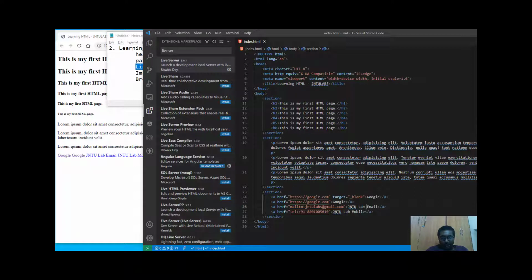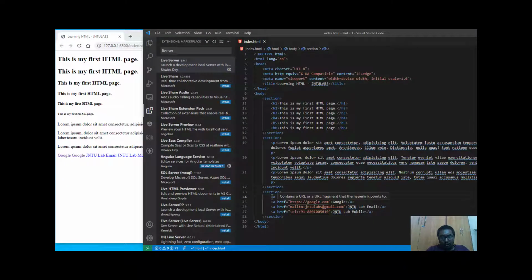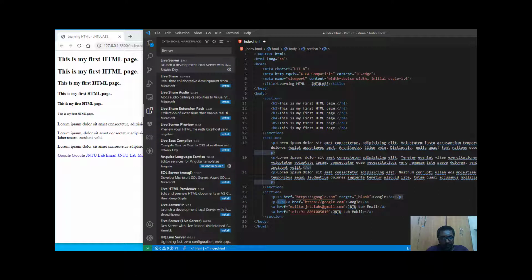And let me see, the a tag doesn't come with a br tag, right? The p tag always starts in a new line, but the a tag doesn't start in a new line. You can see it is under one line. So with our previous knowledge, what we can do is add a p tag here so that we get it in a new line. Since I have not explained the br tag till now, I will not take a br tag, or else we can have a br tag as well if you know it. So here I am going with a p tag.